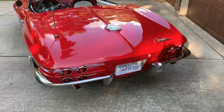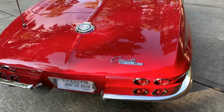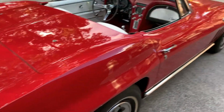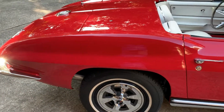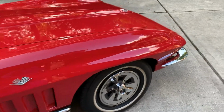That letter, written and signed by her, comes with the car along with a copy of the original title and the original Protecto plate. The second titled owner of this car treated it to a full body off, nut and bolt restoration. The stack of receipts for this restoration add up to nearly $64,000, and this restoration was done with